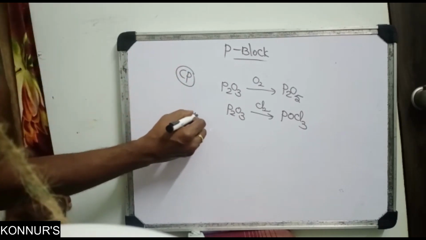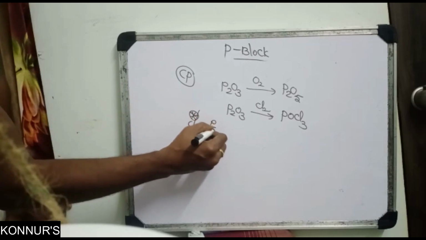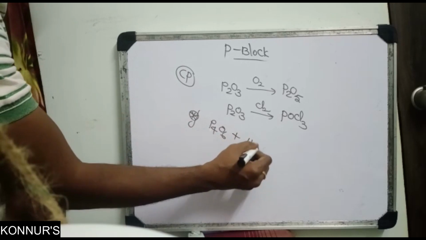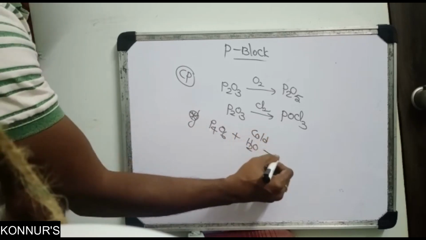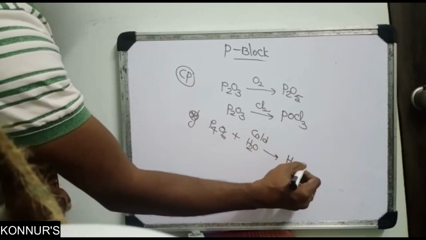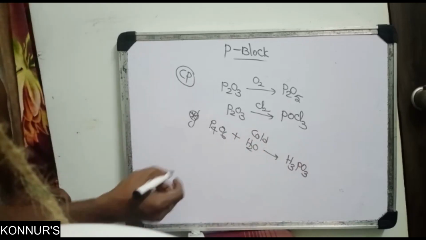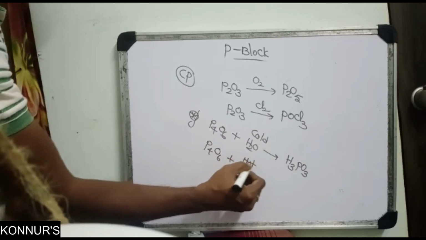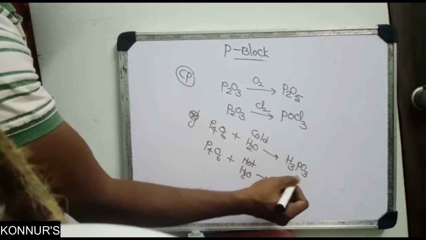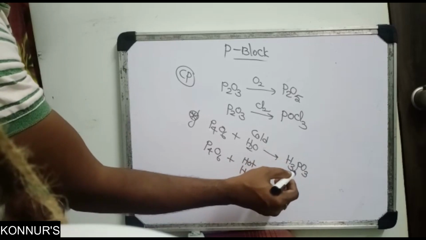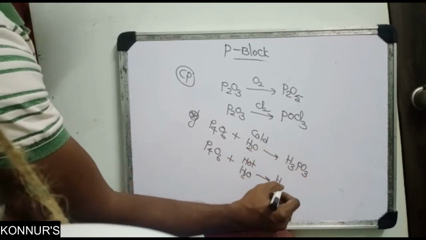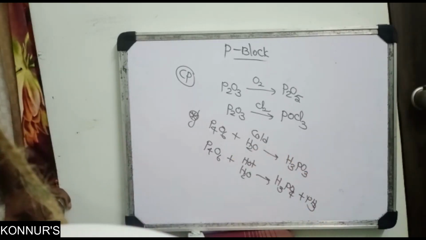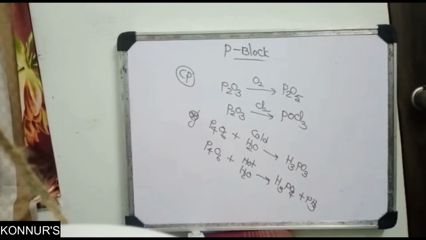Next, the important one: P2O3 or P4O6 with cold water. Your answer is H3PO3, phosphorus acid. Suppose P4O6 is heated with hot water, so that is the next. Then it becomes phosphoric acid plus P3. So that cold water and hot water is a very important